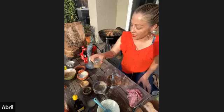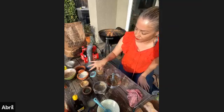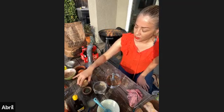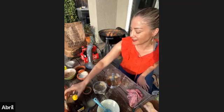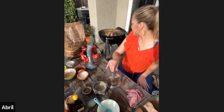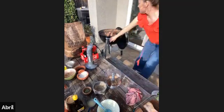Yummy. Okay, we are adding a pinch of cumin. Just a pinch, guys. Doesn't need a lot. Okay, we're adding also a little bit of garlic just because we can. Pepper. We're adding salt. Oh, let me turn those things around because